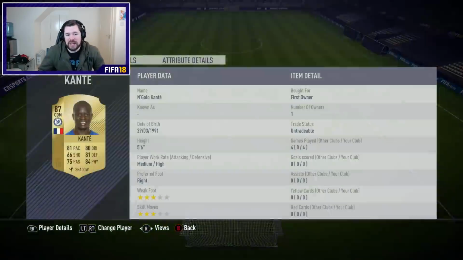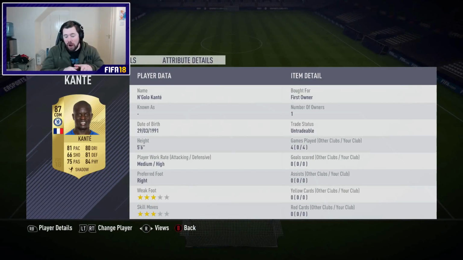And then this Kante, we packed this Kante untradeable a while ago. The reason why I've decided to use him now, even though I know he's like mad expensive, is because I don't play games on this account. So instead of me buying another 87 rated card, I might as well just use this Kante because I've played 4 games with him in like 3 months. So it's just a waste of a card, and I will be opening plenty more untradeable packs. So should I ever pack him again,